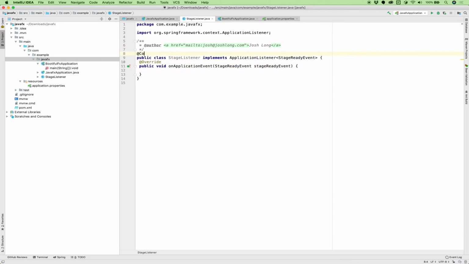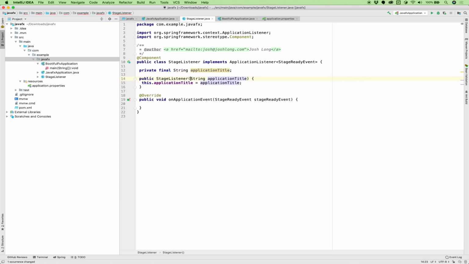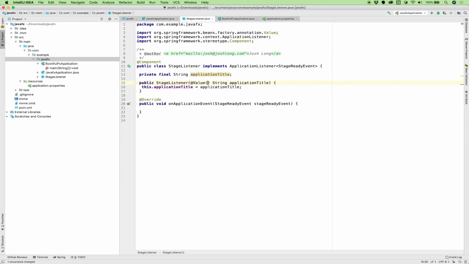So let's say add component, and what we're going to do is we're going to build the user interface, and we're going to do so by giving it a title. So let's say application title, and this is the thing I would have externalized, so I can take advantage of Spring's ability to externalize strings into properties or message resource bundles. So I'm going to say spring.application.ui.title, and